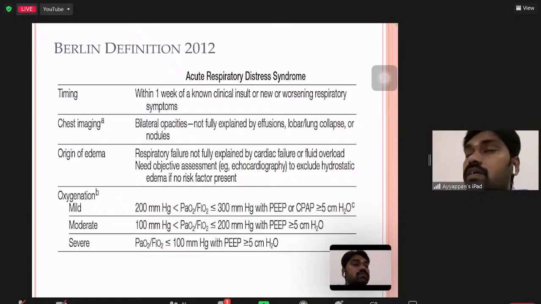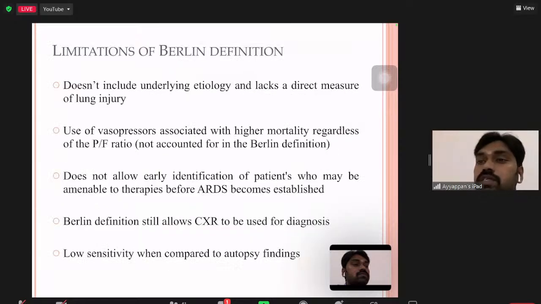Sorry. So they tried to address the majority of the limitations or issues with the 1994 AECC definition, but it is also associated with its own shortcomings, in the sense that hemodynamic instability or the vasopressor requirement was not included in the severity of ARDS. As we all know, if a patient with ARDS has other organ dysfunction, or is associated with sepsis or an inotropic requirement, they carry a worse prognosis than a single organ involvement with lung,